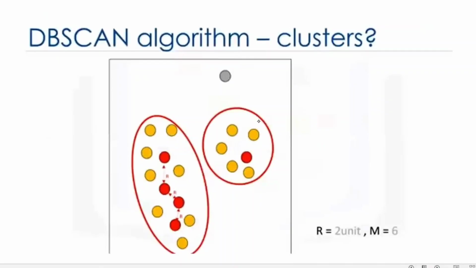Done? Now we are going to consider the R value and M value. Once you calculate the R value for every data point, you draw the circle. In the circle, if M is equal to 6, the condition is satisfied, with M as the minimum. So first, for each and every data point, draw a circle of whatever the R value is. This is step number 1. For each and every data point, you draw that.